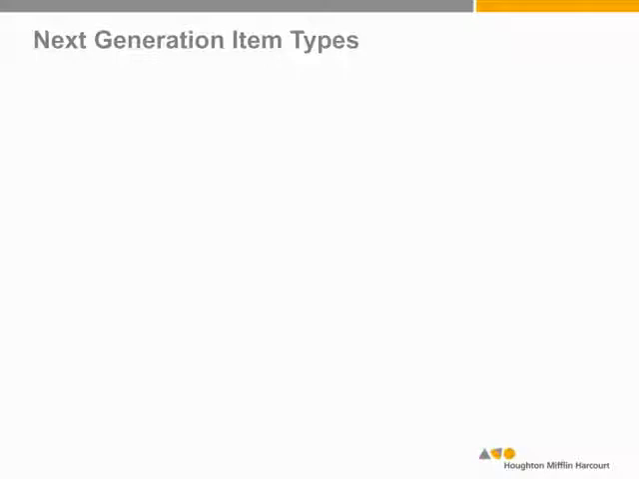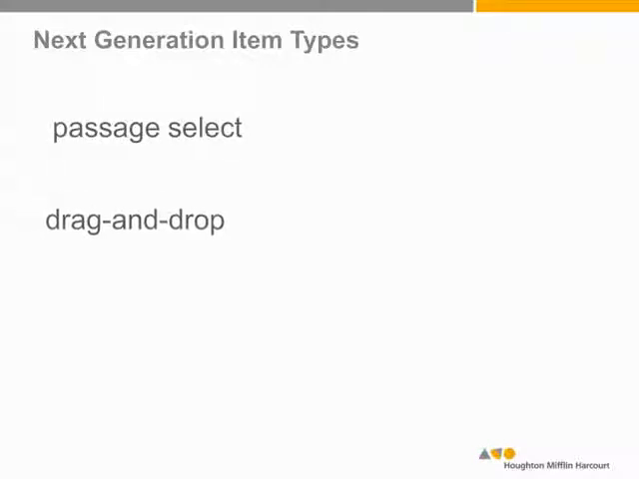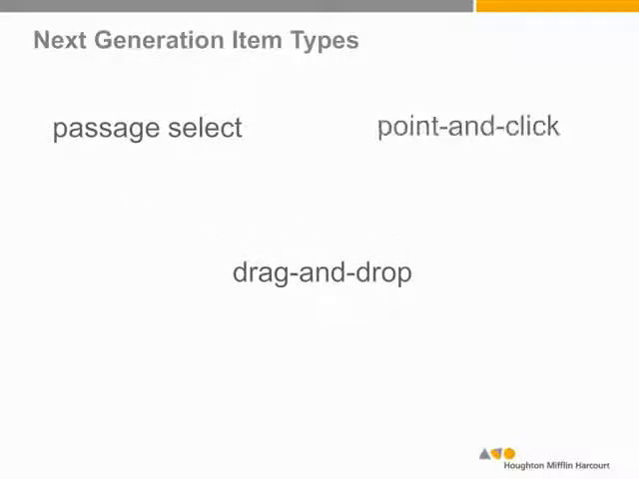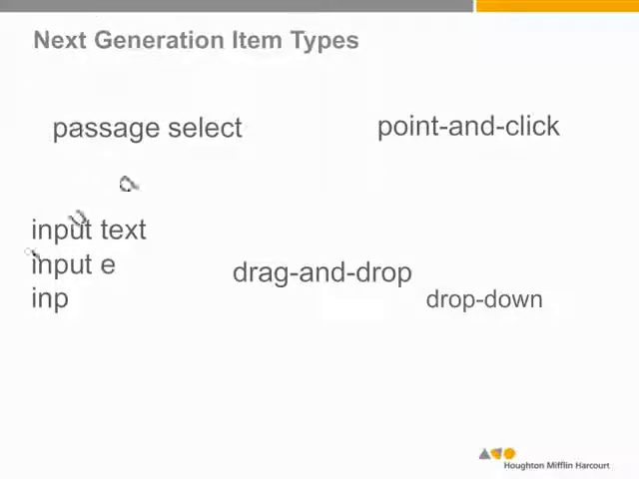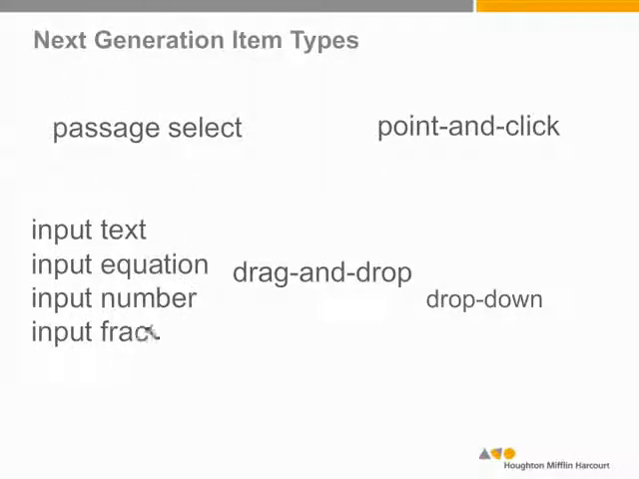Next-generation item types require students to interact not only with content and concepts in a different way, but also to interact with technology in different ways. Some of the next-generation item types that Houghton Mifflin Harcourt has developed include passage select or passage highlight items, drag and drop items, point and click items, drop-down items, items requiring students to input text, input equations, input numbers, and